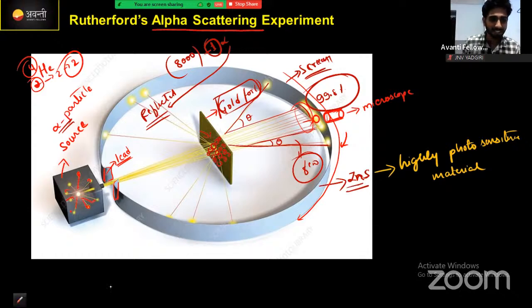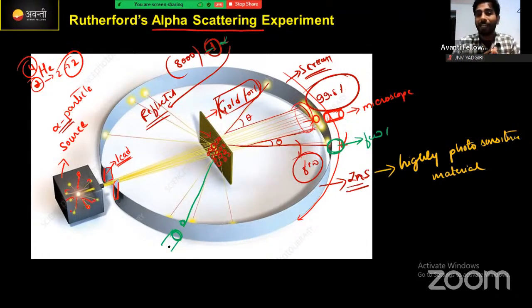I will take our next color. Only a few percentage make some angle, and one alpha particle in 8,000 is reflected back. Reflected back. Okay, this is the experimental evidence, what he observed. From this point, he concluded that yes, a